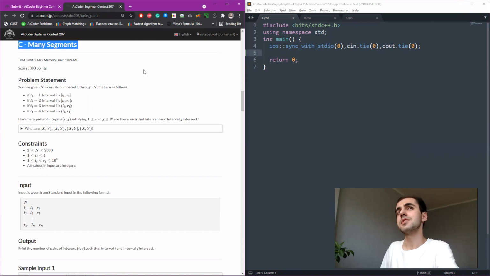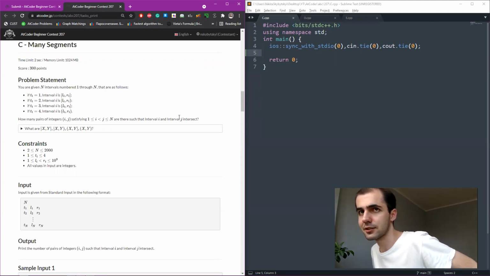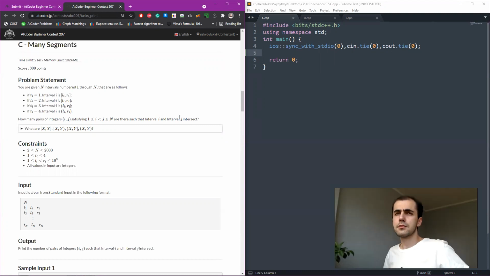So, problem: many segments. We're given n intervals numbered 1 through n that are as follows. If ti... Okay, so we have all the segments: half-open intervals, half-closed intervals, and then just open intervals. How many pairs of integers i, j satisfy 1 ≤ i < j ≤ n, such that interval i and interval j intersect? Okay,